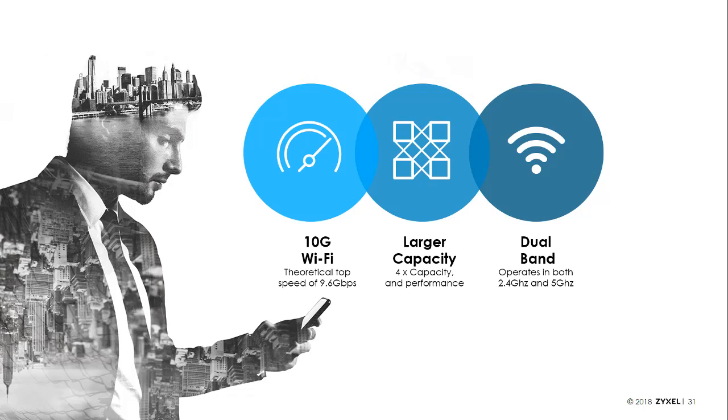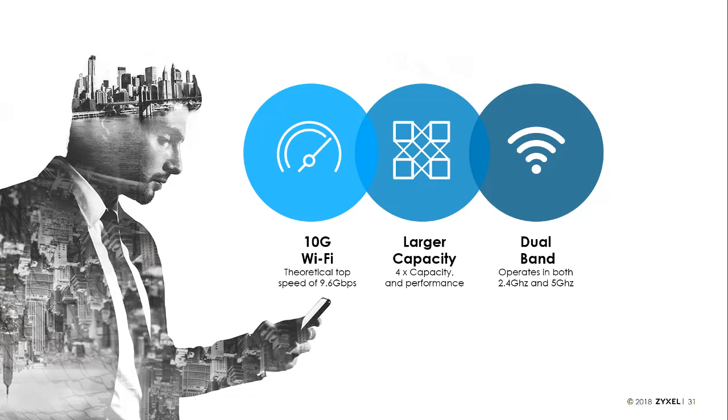Much larger capacity, technically 4 times in terms of capacity or density, coverage and performance, especially the performance at the cell boundary. It's estimated to be 4 times. This is on an 8x8 AP with multi-user MIMO in play. We also see an improvement on the smaller APs as well, such as a 4x4 access point, and that really depends on application or typical type of device that you use today.